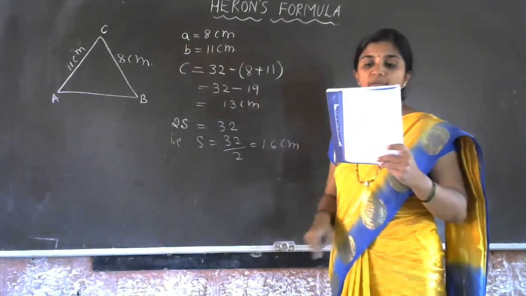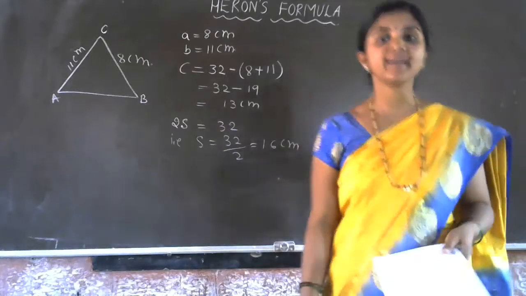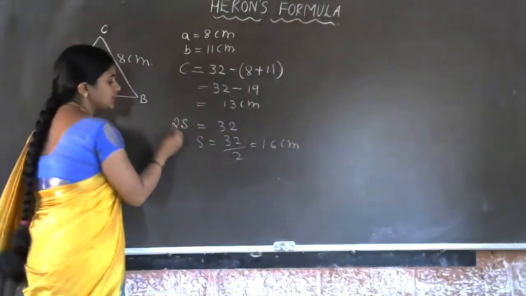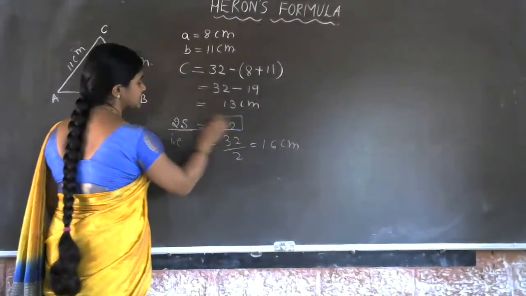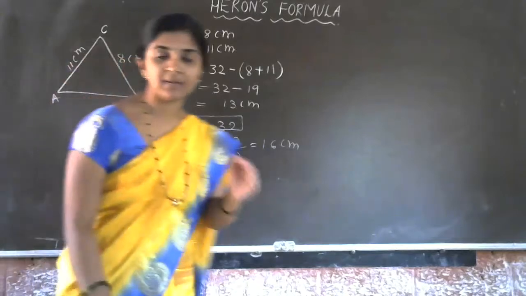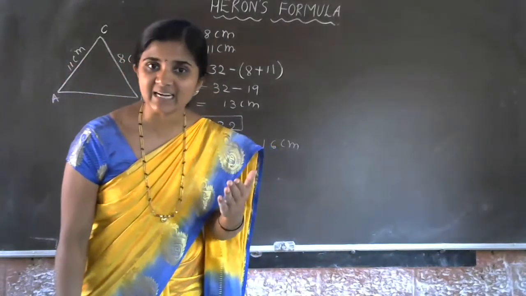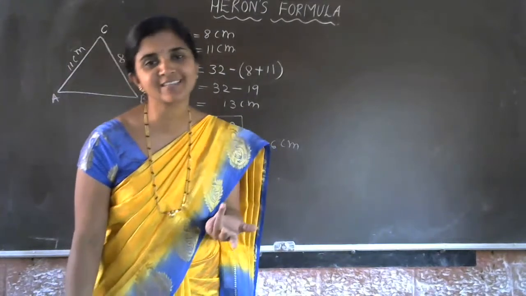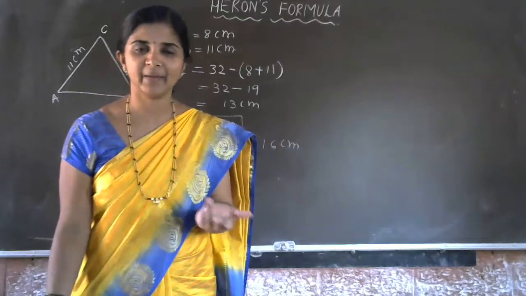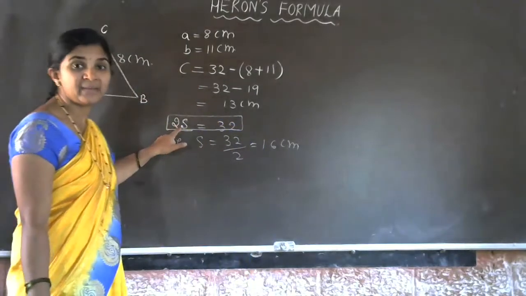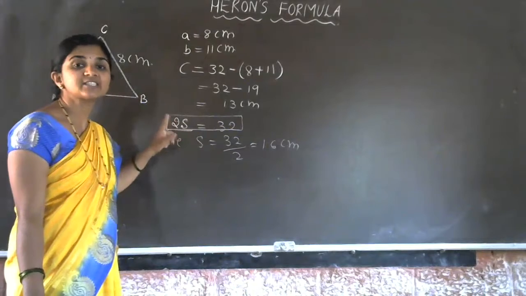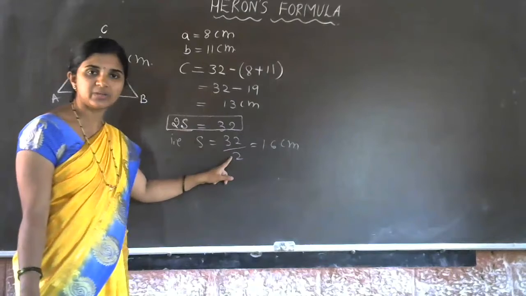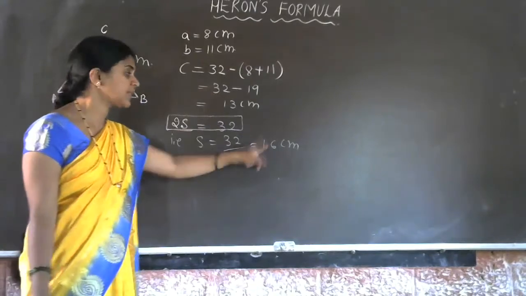So what do we have to find? The area of the triangle. What is given? Two sides and the perimeter. Here they mentioned the perimeter as 2s. Why did they take the perimeter as 2s? S stands for semi-perimeter, which is half of the perimeter. So 2s is the complete perimeter. Perimeter can be referred to as 2s. So 2s is equal to 32, and s is equal to 32 divided by 2, half of the perimeter, that is 16 centimeter.